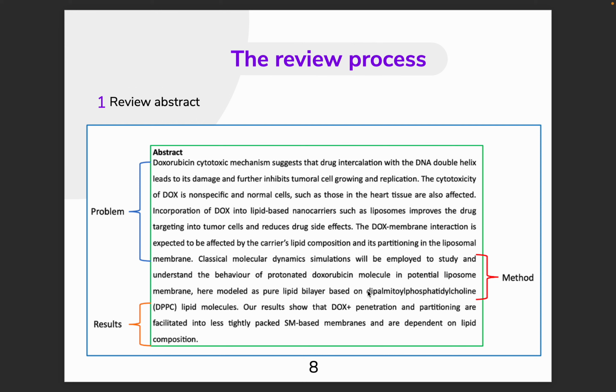So the general idea is that when you pick any review article and you take a look at the abstract, you will have the problem or the idea or the gap the research paper intends to solve. It will be stated. So mostly it comes within the first portions of the abstract. Then followed by that, you will have the methodology described, then the results. So with this in mind, let's take a look at another one,